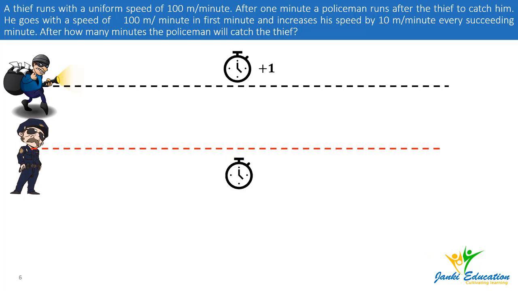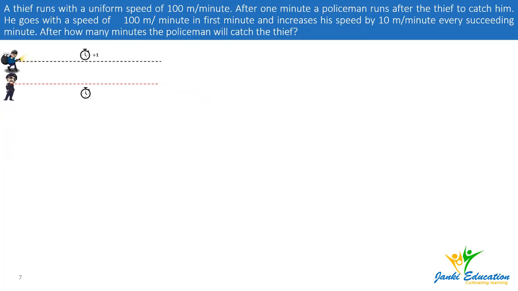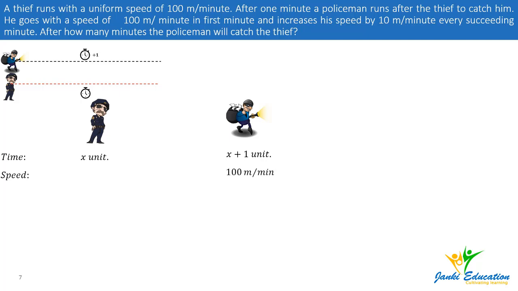Now, we will first gather the data for the thief and for the policeman. If we talk about time, let's say the policeman takes x units. So by default, as we have seen, the thief has taken x plus 1 units. The speed for the thief is 100 meters per minute, whereas for the police, we have been informed that it is 100 meters per minute in the first minute,